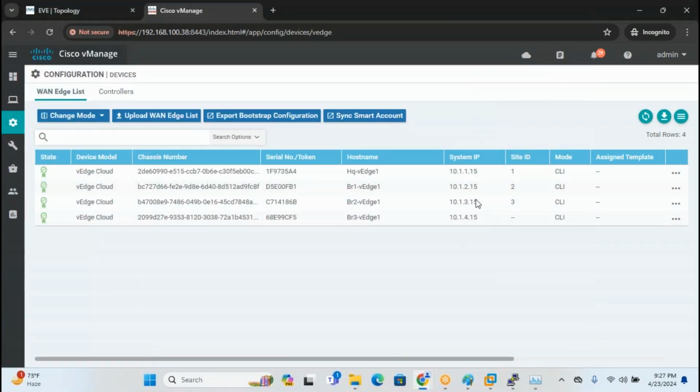So now all these devices are onboarded. We will stop here for today. In the next class, we will start working on